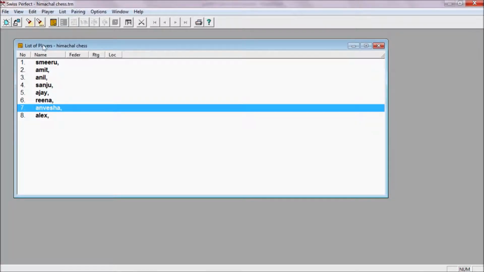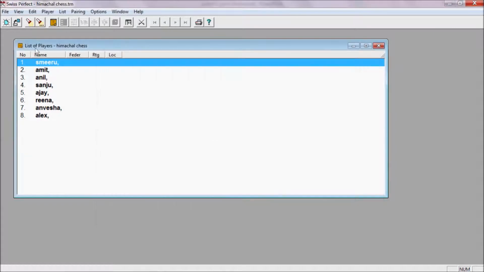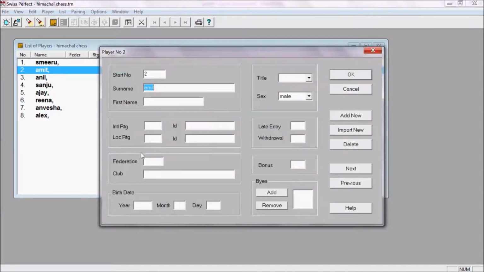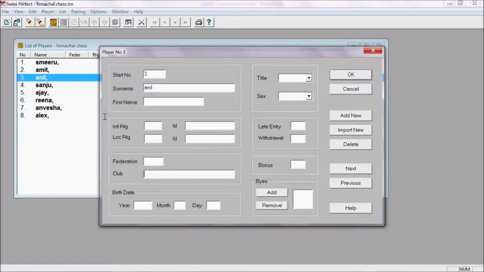You can also enter the club name, or you can also edit data by clicking on this name. For example, if I want to enter the club also, I can enter the club. So I am also entering the club names.